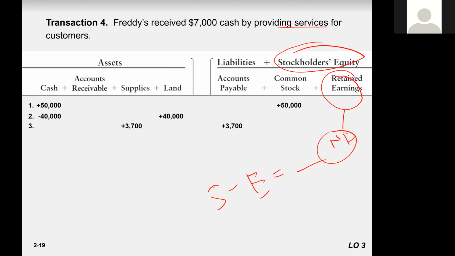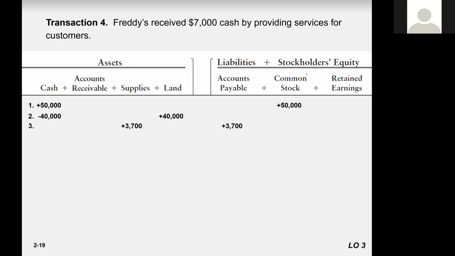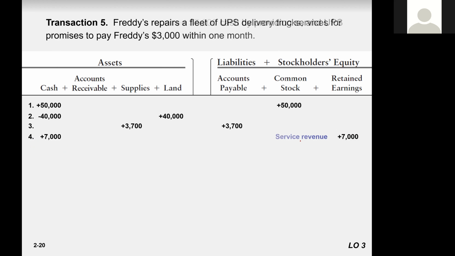So sales are a part of retained earnings, expenses are a part of retained earnings, and retained earnings are a part of stockholder equity. So here we go, 7,000 cash and 7,000 retained earnings. The equation is balanced. So the left hand side is equal to the right hand side. Freddy repairs a fleet of used